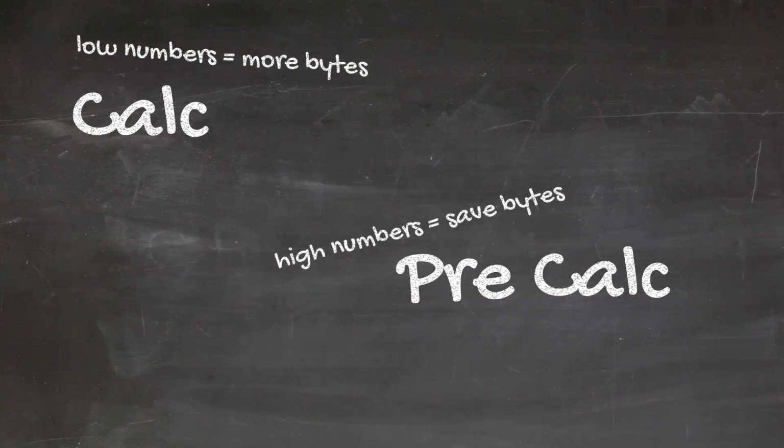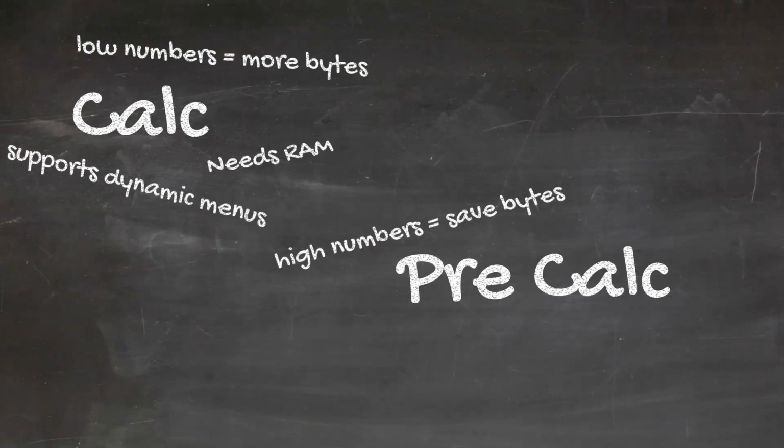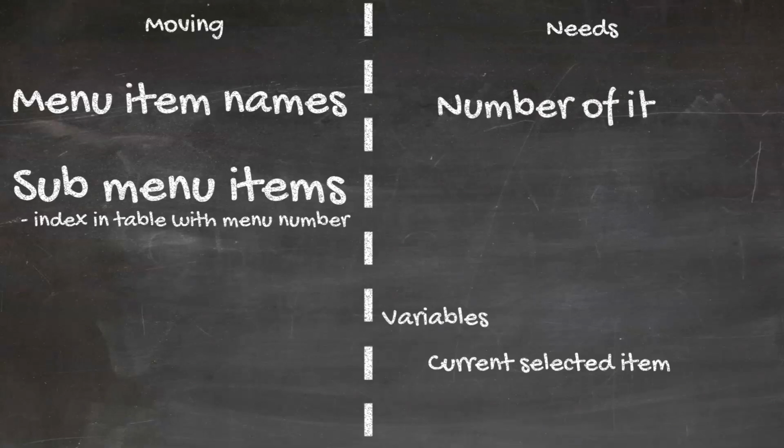On RAM-constrained machines, where you have ROM, storing would be the only real choice. But if I had a lot of menus or dynamic menus, then calculating would be the way to go. So I have my items, I know how many items there are for my next and previous, I know what menu to show when they're active,